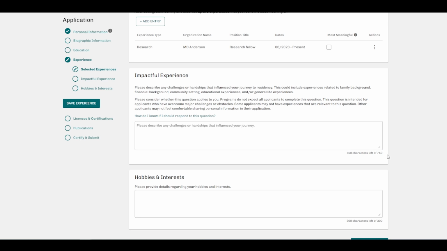And I always recommend you have someone look at your application, someone that is more senior to you, not just a co-applicant, but someone who has been in the process, like a senior resident or maybe a mentor. And it doesn't have to be paid. If you have someone who is knowledgeable about the process and knows what they're doing and they can help you, go for it. But if you don't, I highly recommend you seek professional help, because although it's going to cost you